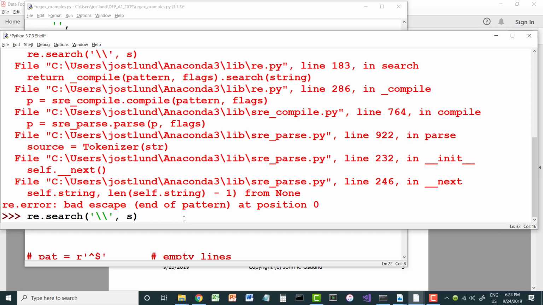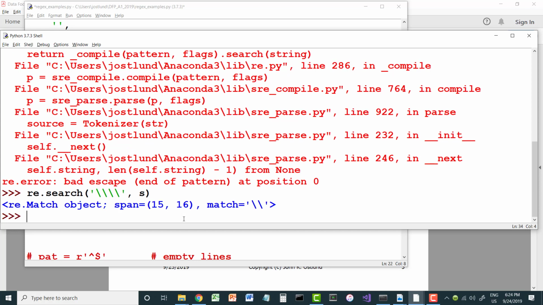I have to say search for backslash backslash backslash backslash in S. Okay, so first I need to look at this thing as a string. As a string, this is a backslash followed by a backslash, so that's 1 backslash. Then I have another backslash followed by a backslash, so that's another backslash. So now my regular expression consists of a backslash followed by a backslash, which is a literal backslash, and yay, I get told there is a backslash in S